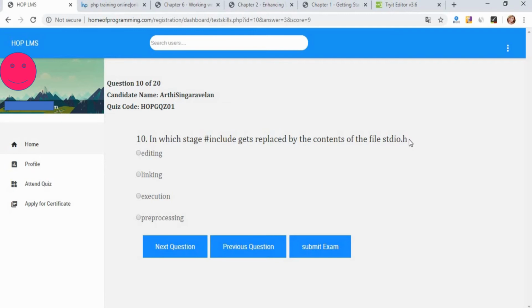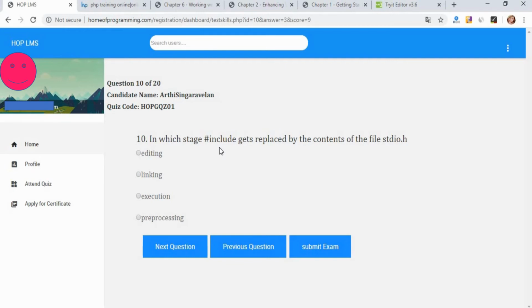Normally a C program has 4 processes. The first one is pre-processing, the second is compilation, the third is assembly, and the last process is linking. At pre-processing, the content of stdio.h, that is the content of the respective directive, will be replaced.